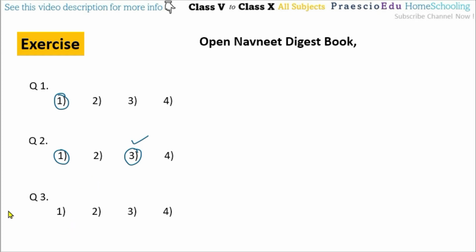Then question number 3: which of the following figures is not a net of a pentomino? Pentomino means there are 5 surfaces, that is, out of the 6 surfaces, 1 surface is open, or removed, and only 5 surfaces are there. That is called a pentomino. So for this, 5 surfaces are required. Now option number 1 has 5 surfaces, so that can form the pentomino, but we require the one that is not a net of the pentomino, meaning which cannot form it.